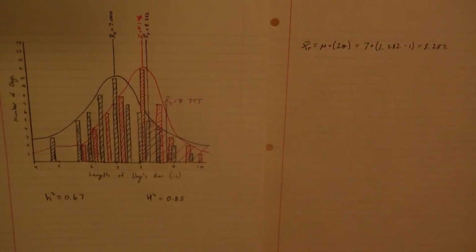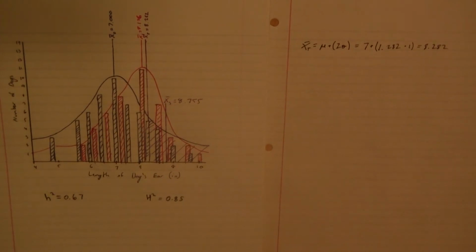8.282. What the x bar t is, it's the truncation point, and basically that is where the beginning of anything above that will be part of the upper 10% of the population. So in this case, anything above the ear length of 8.282 inches is going to be the selected population to